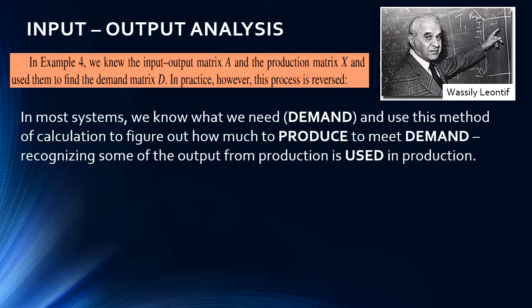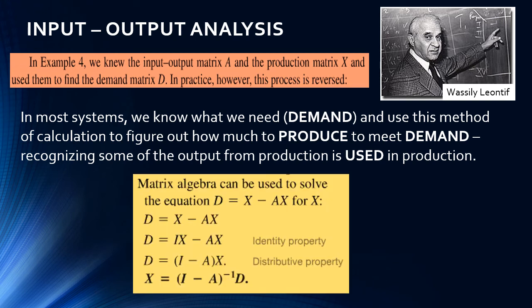In most systems, we know what we need, the demand, and we use this method of calculation to figure out how much to produce to meet demand, recognizing some of the output from the production is used in production. Okay. So again, looking at what we did in the very simple first example, remember that demand equals the production minus the product of matrix A and X, the input-output matrix times the production matrix, and then going through that same kind of proof,